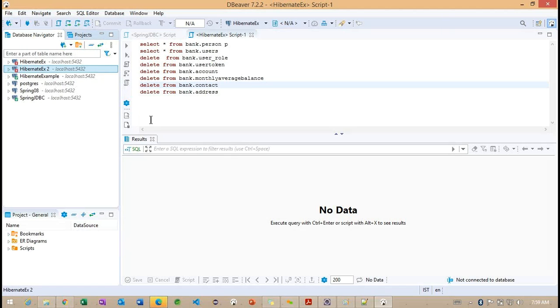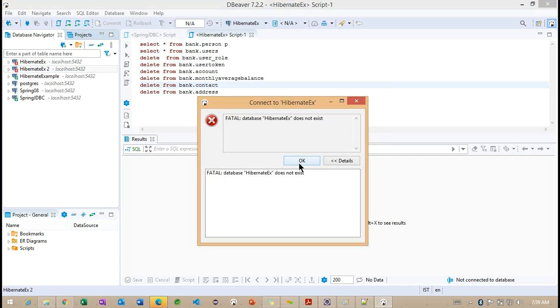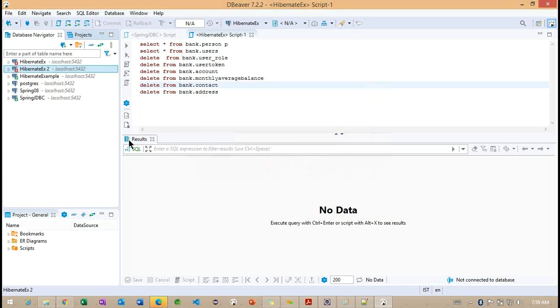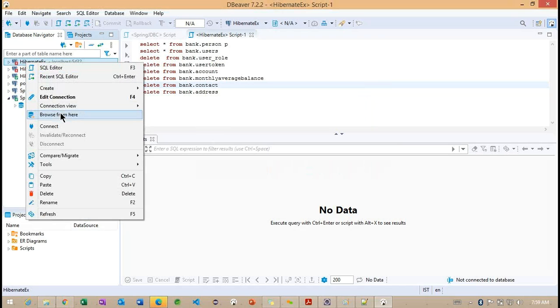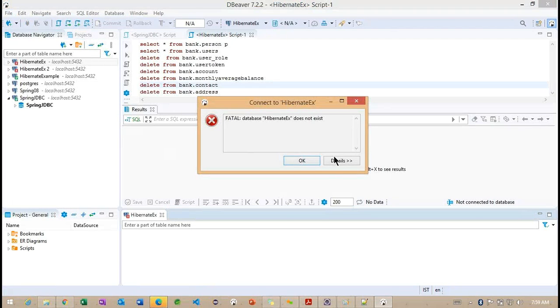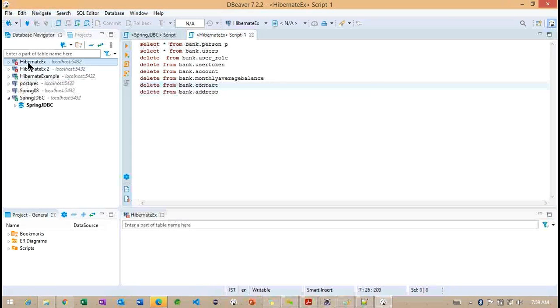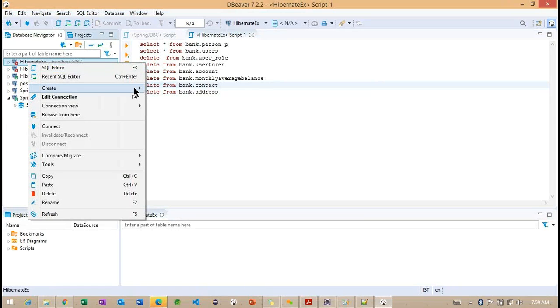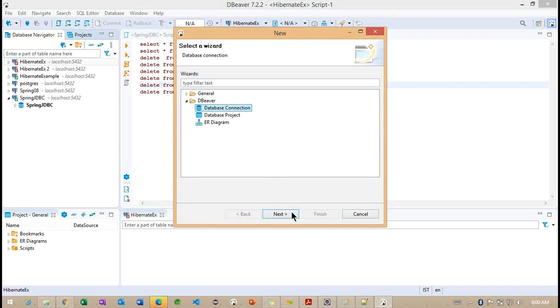Okay, so I will let you know tomorrow. Basically, something we are missing. Like how we created the other ones, the same way we should get a database here, but why am I not getting it?